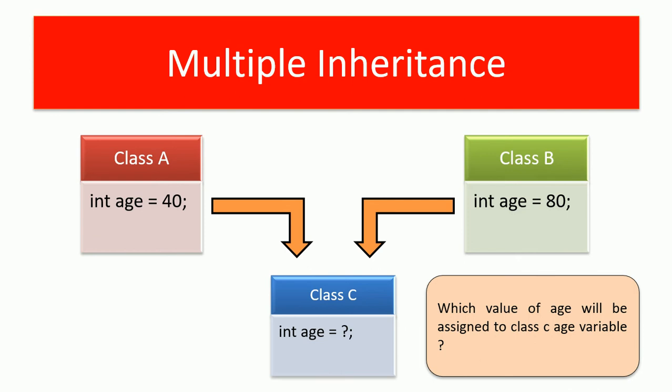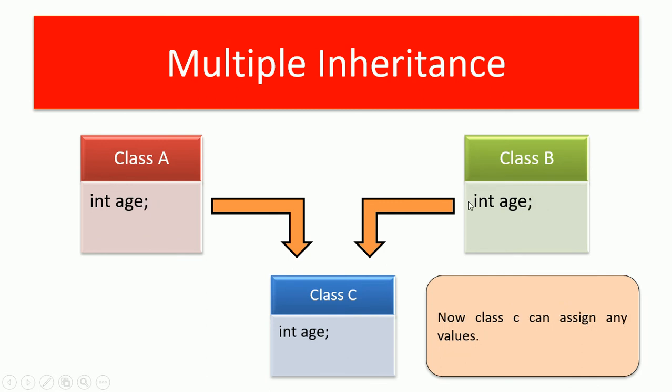This is most frequently asked in interviews also. They will ask: what is the deadly diamond of death problem in Java, or what is the problem for which interface has come as a solution? This is the issue why multiple inheritance is not directly supported in Java. Now let us proceed further. Two classes with the same variable name but different values cannot be inherited here, but I need to inherit. So what is the solution?